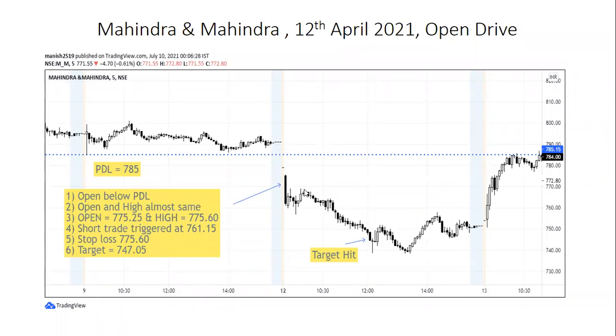So trailing stop loss is also very important once trade is going in your favor. So as this is a short trade, so you need to look for swing highs. So I can see this is the lower top. From this top, now this is the new lower top. So this candle high can be your stop loss.